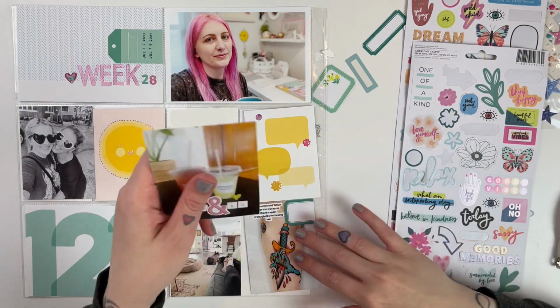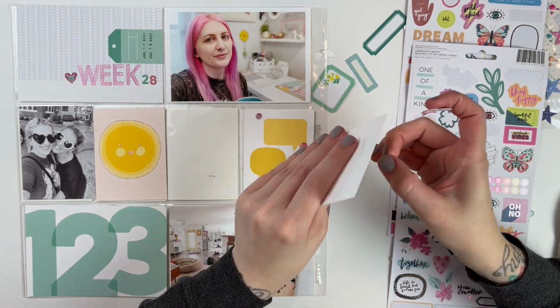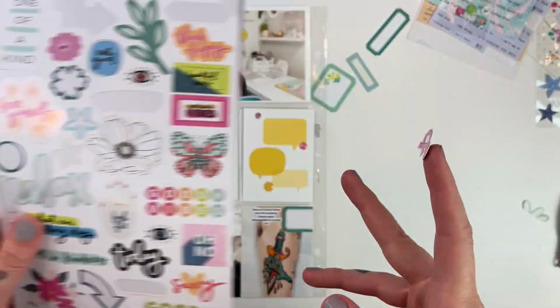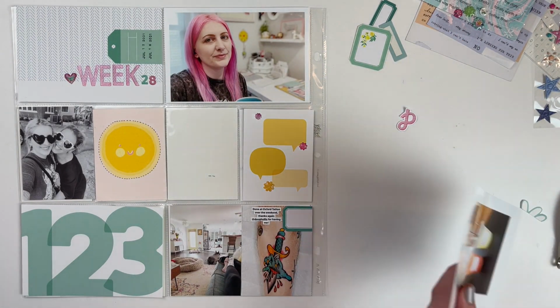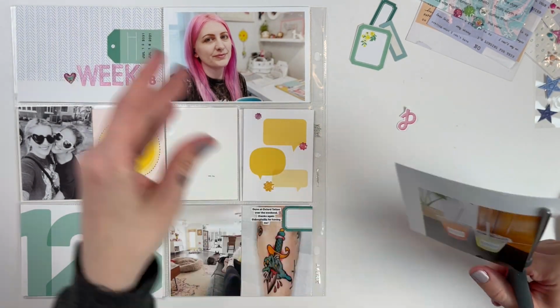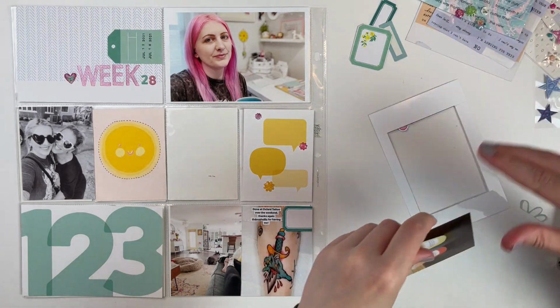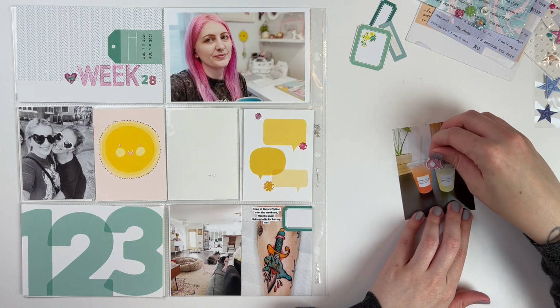So at this point, I figured out I don't really like this card here, the lemonade card. I do want to try to salvage that little ampersand sign from the middle because I'm going to use it again, but I'm going to go and reprint that picture. And I'm not too much of a stickler about reprinting pictures. If it's a picture that I like and that I think I will use again,